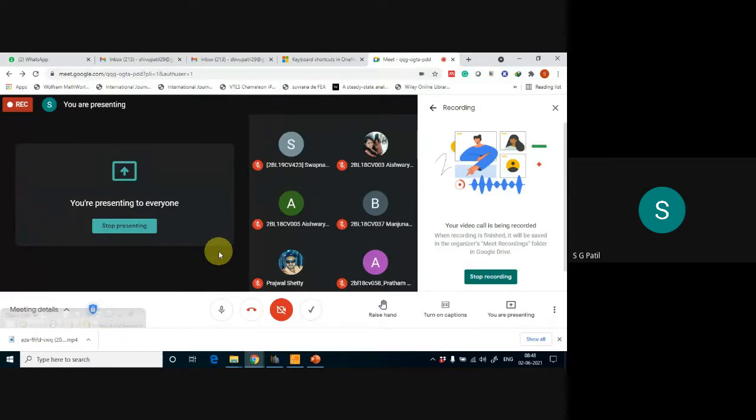Today I'm going to start a new concept: how we can find the bearing capacity if there is an eccentric loading. Inclined loading and eccentric loading are different. Inclined loading is taken care of by the inclination factor in our bearing capacity equations. But if you have an eccentric loading, how do we account for it? That we will see in today's lecture.